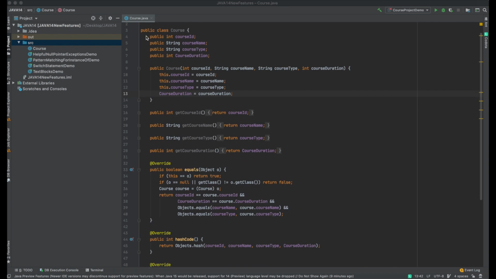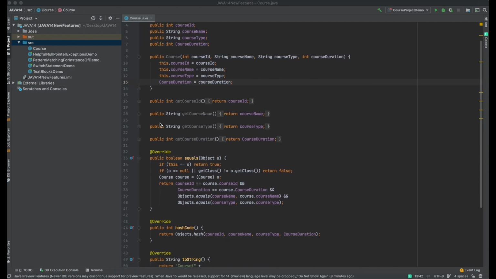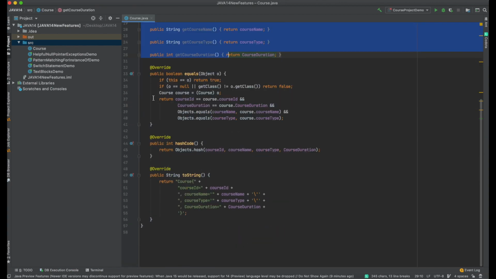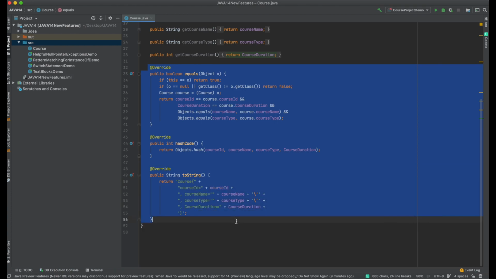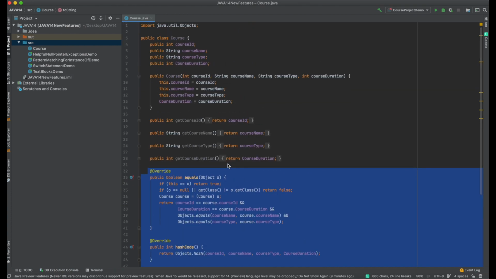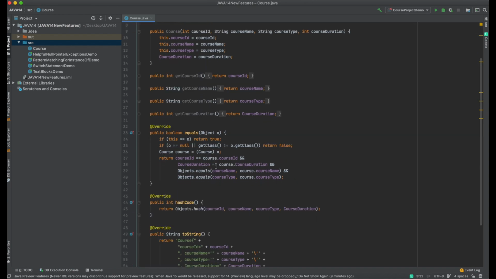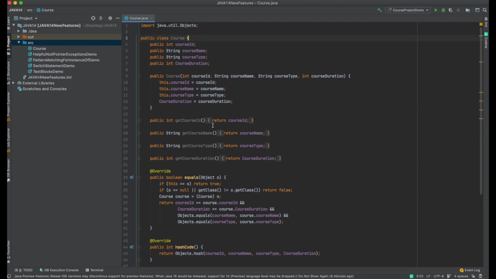To create a DTO class, we have to write a set of getters, and we override equals, hashCode and toString methods. So now we will create a similar type called record, which will provide all the necessary methods like equals, hashCode and toString, and we are able to access its data using a set of accessor methods.